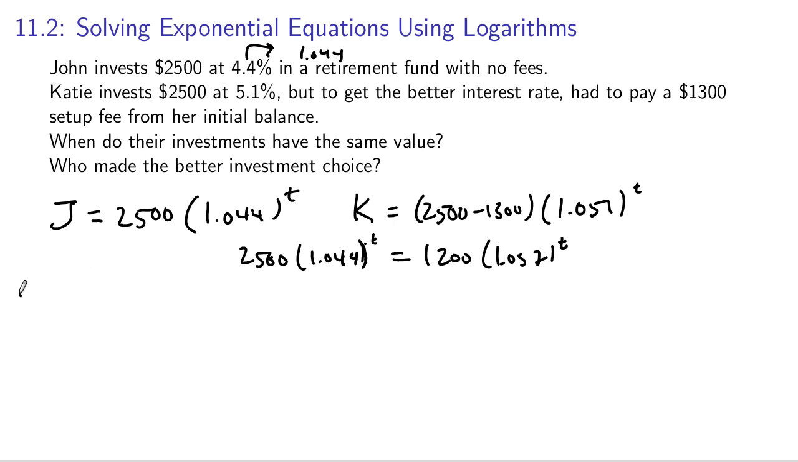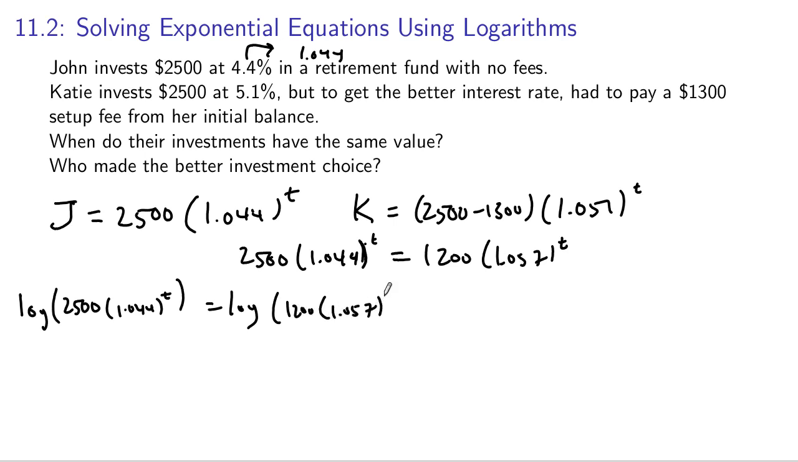So if we take the logarithm immediately, we have the problem that we can't just pull t, the exponent, out in front because it's not on the whole inside part of the logarithm. What we have to do is use the multiplication rule for logarithms to turn the multiplication into addition, and then rearrange with the algebra we already know. Log 2500 plus, and I'm going to go ahead and pull the t in front now that I can, t log 1.044 is log 1200 plus t log